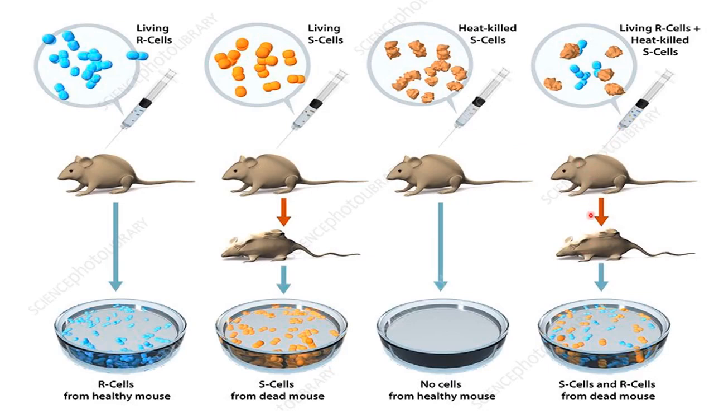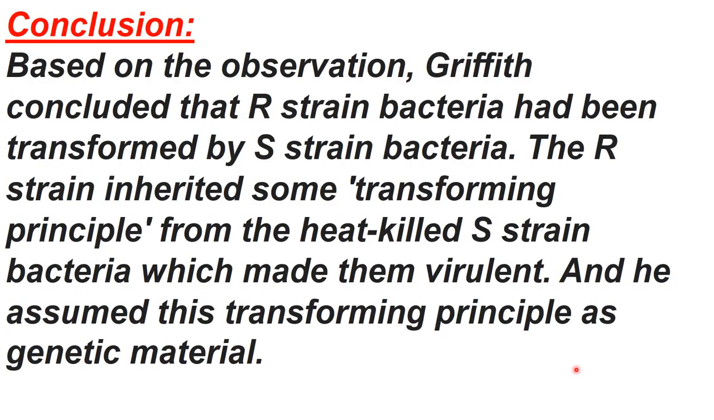Later on, Griffith recovered live S cells, or you can say live S strain bacteria, from these dead mice, but he had injected only heat killed S strain type bacteria. Now from where did these live S bacteria come? So on the basis of these observations, he concluded that R strain bacteria had been transformed by S strain bacteria,